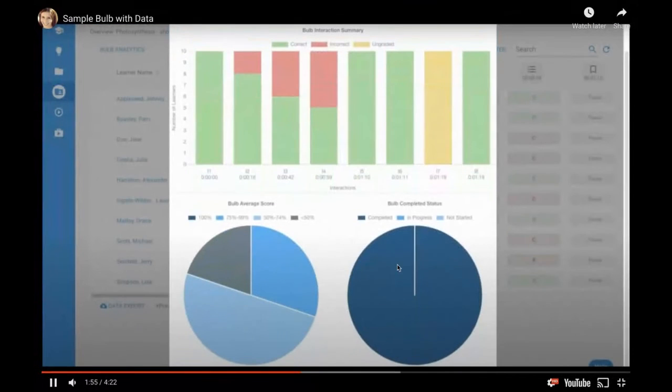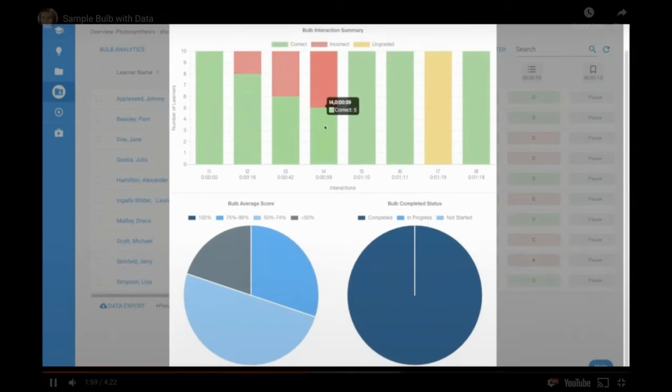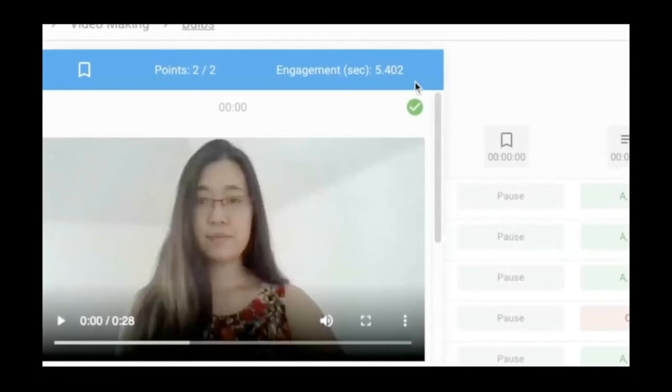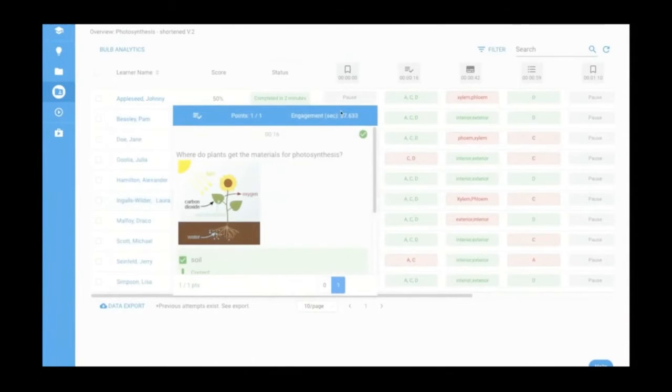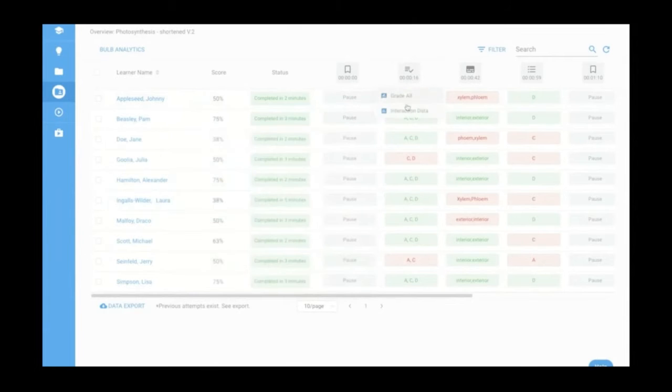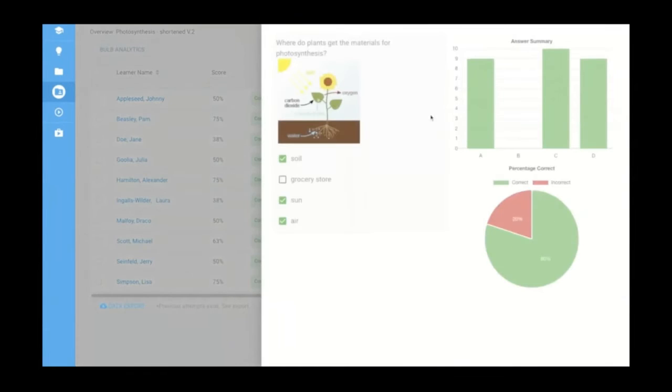The last added bonus that I will add before we dive into playlists is that every time you use PlayPosit, you are going to get a ton of data that is just aimed to show you exactly how your learners are digesting the content. We'll show you some different sort of analytics views. You'll have access to a monitor screen for every single bulb that you launch. That will give you really specific data, such as how much time your learners are spending engaging with an interaction, what their responses were, how much time they actually spent on the bulb, what their score was if they completed it. You also have some different options to explore some different sort of analytics views.